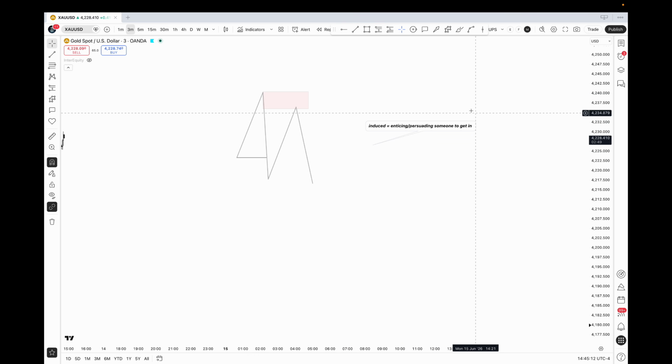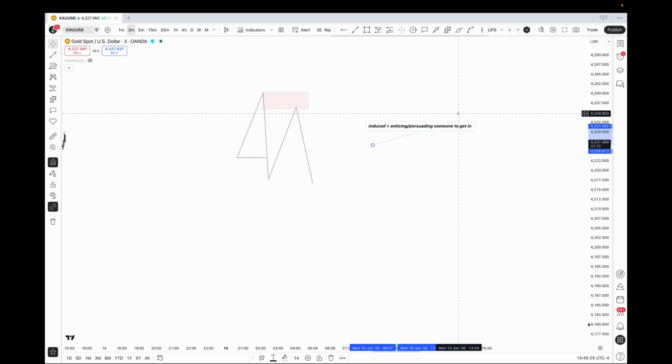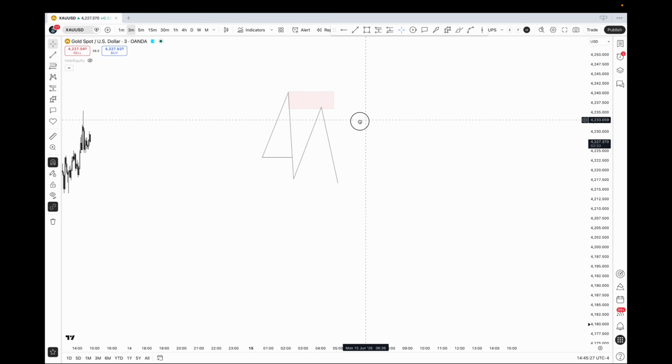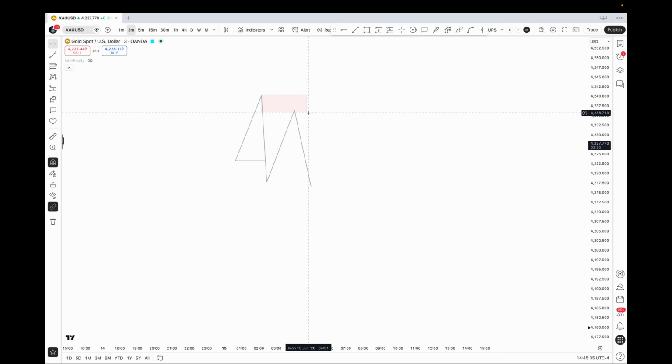So if you get induced, someone is basically persuading you or convincing you to get into the market. Let's say that. So remember that. Now that you know the definition, it gives you a better framework to better understand it when we say these words. So now that we know that traders are getting induced from this area,